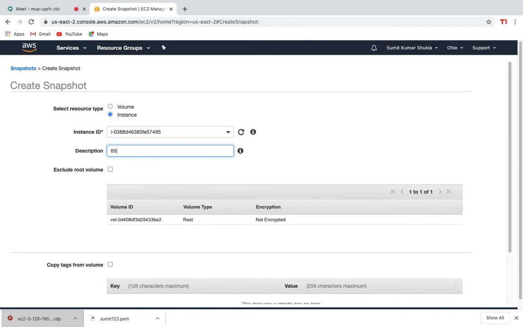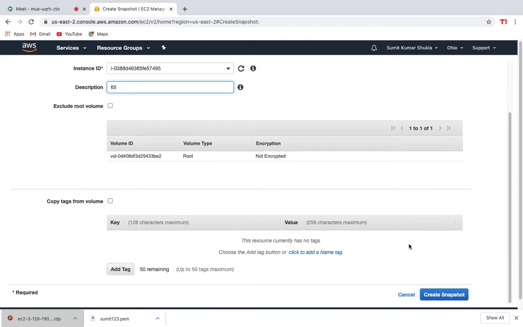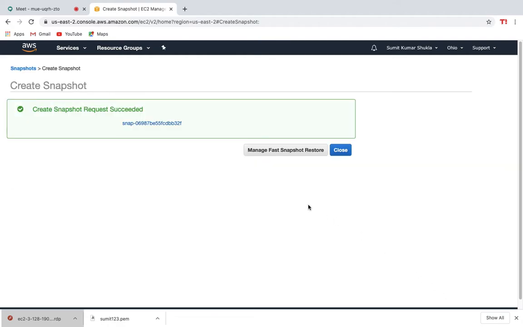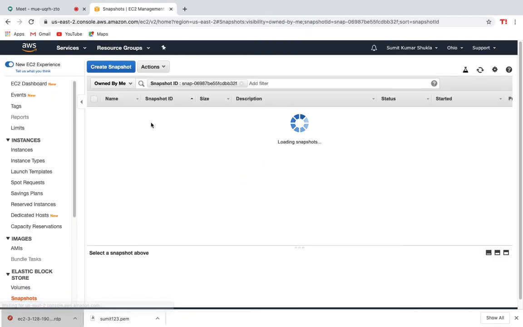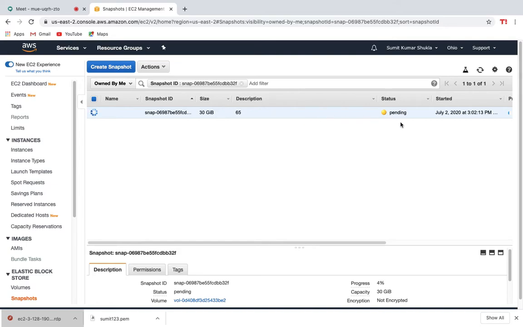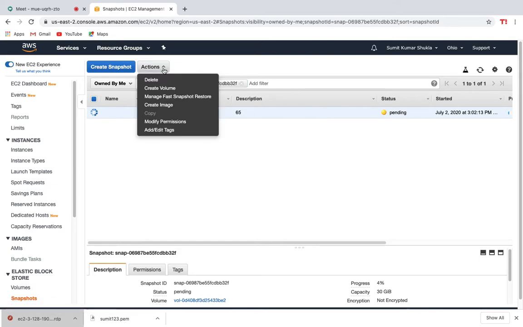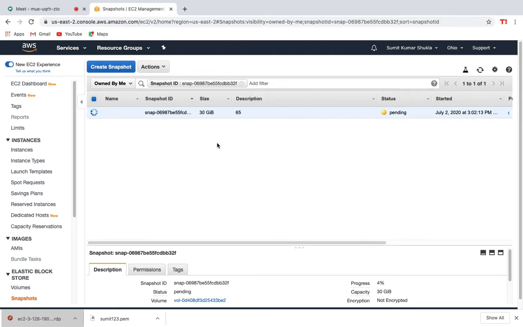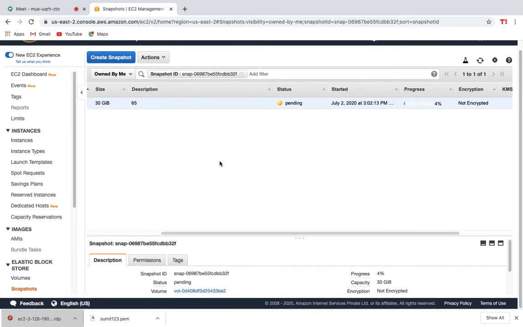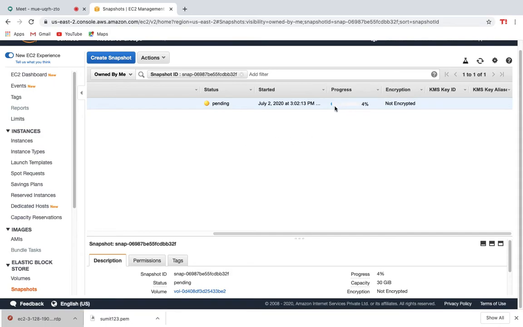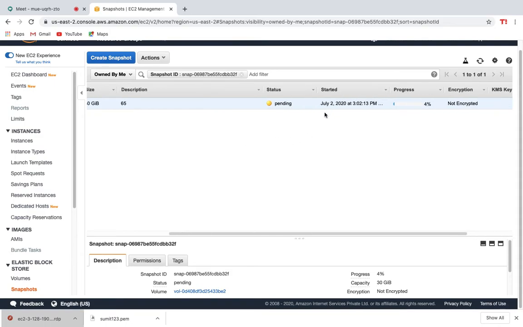Alright, create a snapshot. So this is my snapshot. It's pending, and you can see how it works. So this is how you create a snapshot. It's in progress, 4%, 5%, and then it will be created.